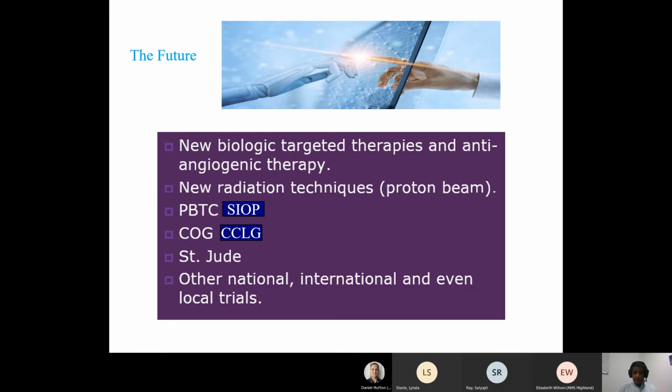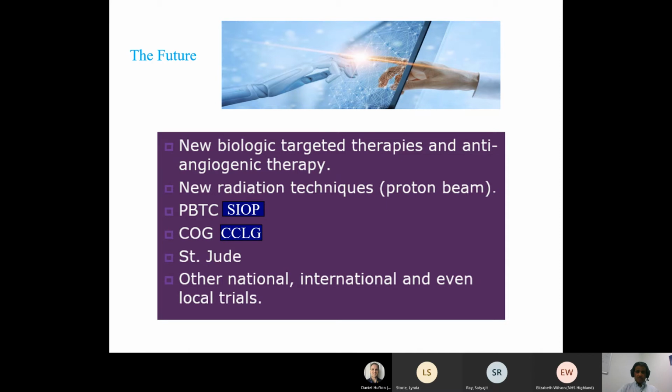The future is getting better, looking good and getting better and better every year. So with new biological molecular technologies, identifying molecular markers in the tumors, classifying the brain tumors even better. WHO classification for brain tumors 2021 is due to come any time now. It's incorporating molecular techniques to the diagnosis. And so we will probably be able to use newer radiation techniques like proton beams and also targeted therapies, and